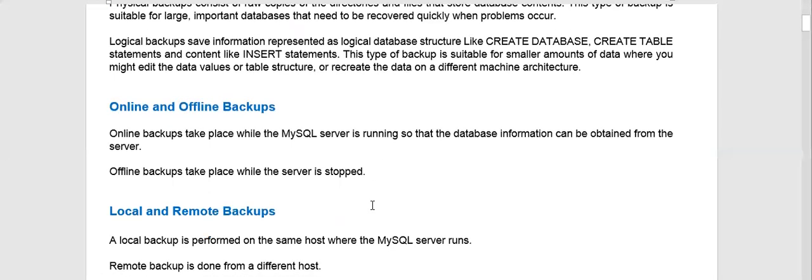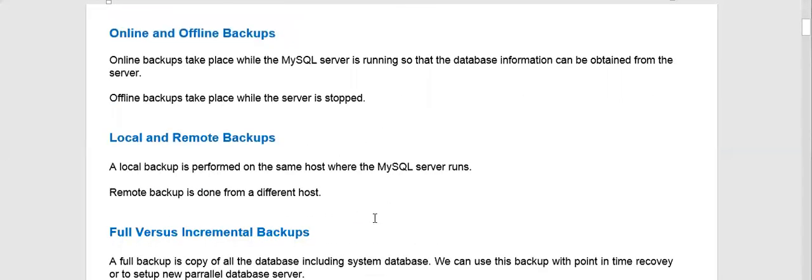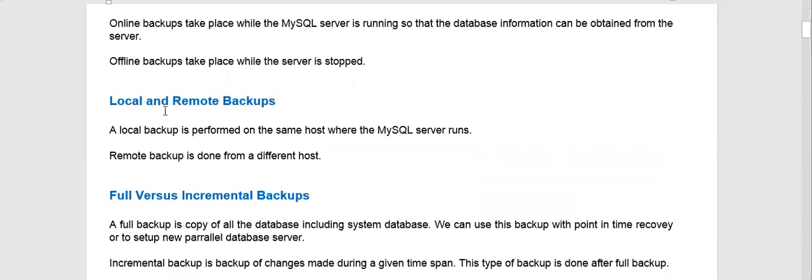So the third kind of backup, as you can see on the screen, is local and remote backup. So what is local backup? The local backup is performed on the same host, or I can say when you perform a backup on the same server, that is called a local backup. Sometimes you take a backup from a different server or from a different machine.